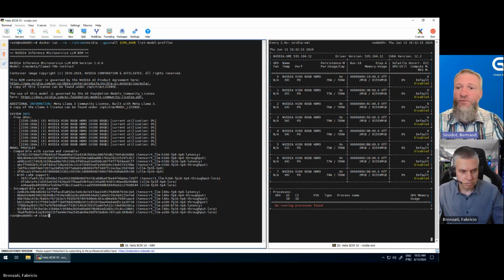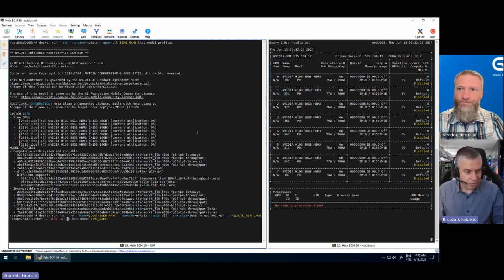So by having those profiles, NVIDIA is addressing probably 99% of the use cases out there. Sure. And for the 1% that's not covered, we still have Triton with the manual process. So that covers everything from the NVIDIA side.